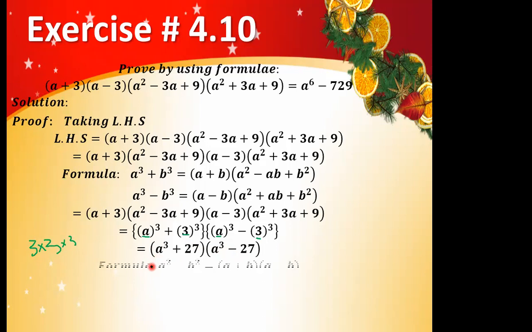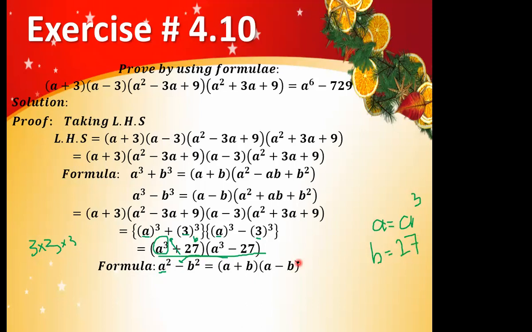Now here you can apply another formula, which is a squared minus b squared equals a plus b times a minus b, a very common formula. Now you can see here that this a cube basically is your term A, and this 27 is your term B. Okay, so again this is in expanded form, and you are going to enclose it into this form. Which means what are you going to do? You are going to take the square of term A. Term A is equal to basically a cube, and term B is equal to 27.